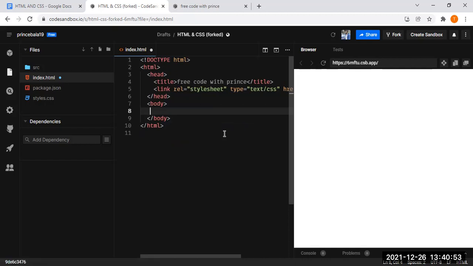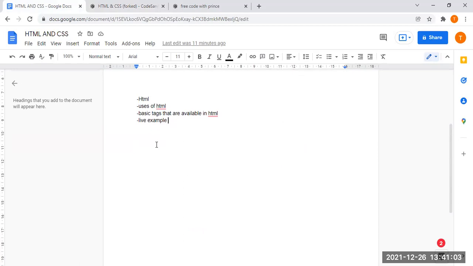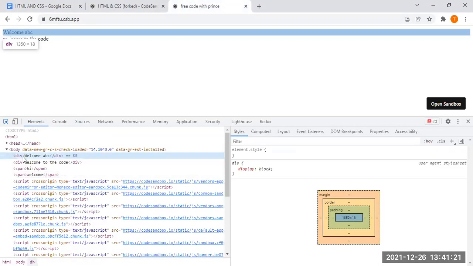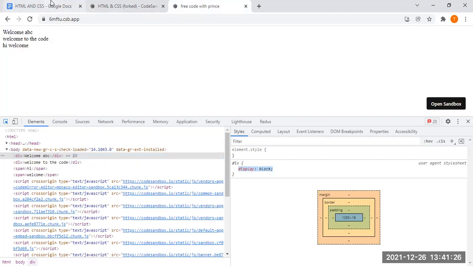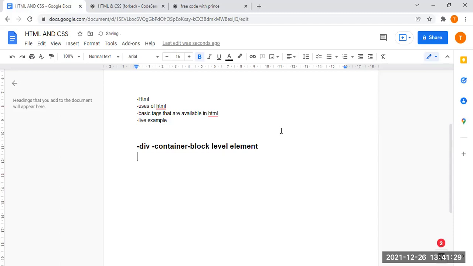Okay, fine. So now let us see one more tag, the other tag. We have seen about the div tag. We have also seen about the span tag. So we have covered the division tag. Division tag is nothing but a container. You can call that a block level element. The reason you call that a block level element, I think you know, is that when you hover on it, the element style called display block is automatically applied and the entire row is occupied. So that is the division tag.